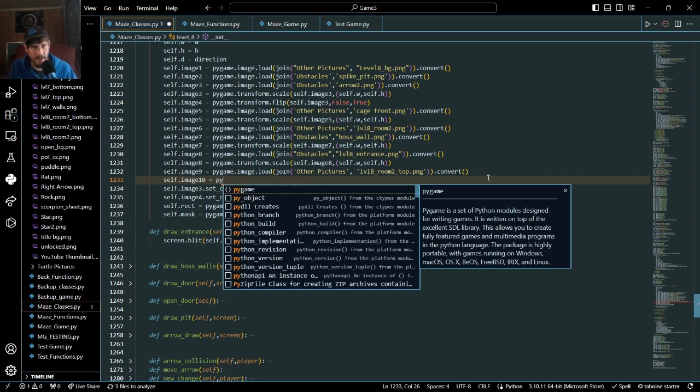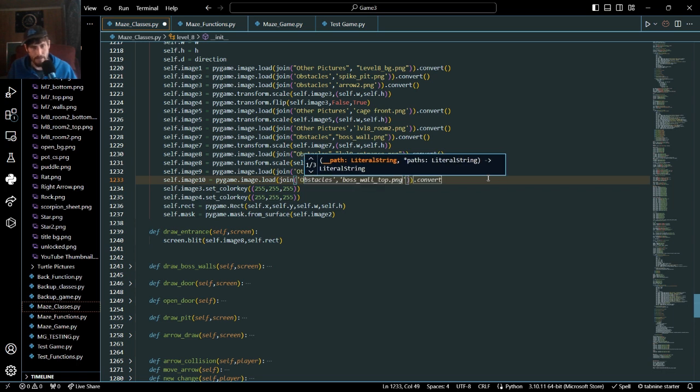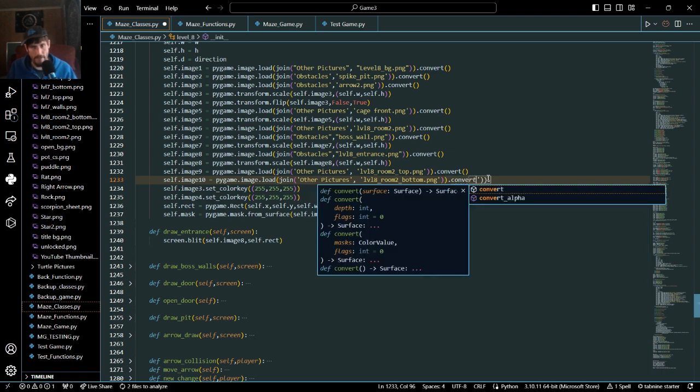So we'll go pygame.image.load, and we will go join other pictures. All right, and now that will be level 8 room 2 bottom.png, and then we will convert that,